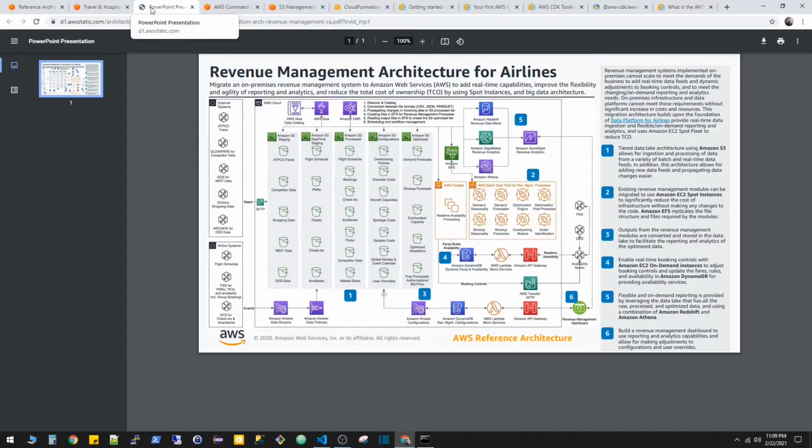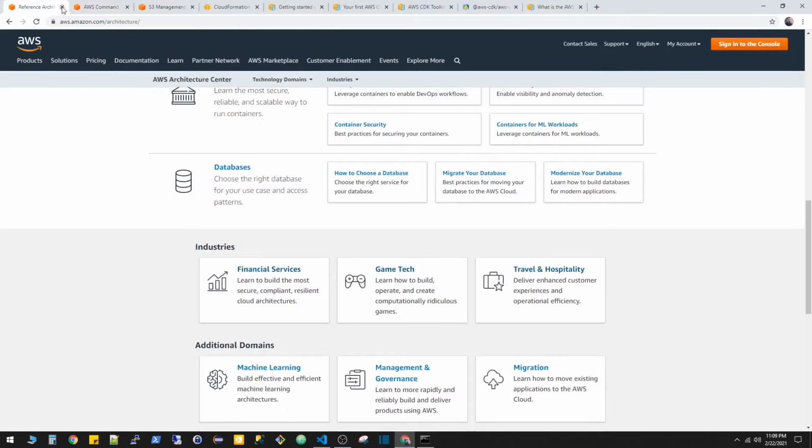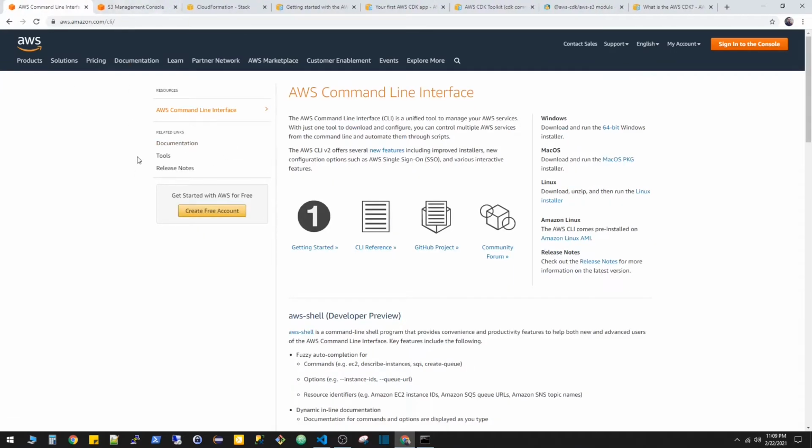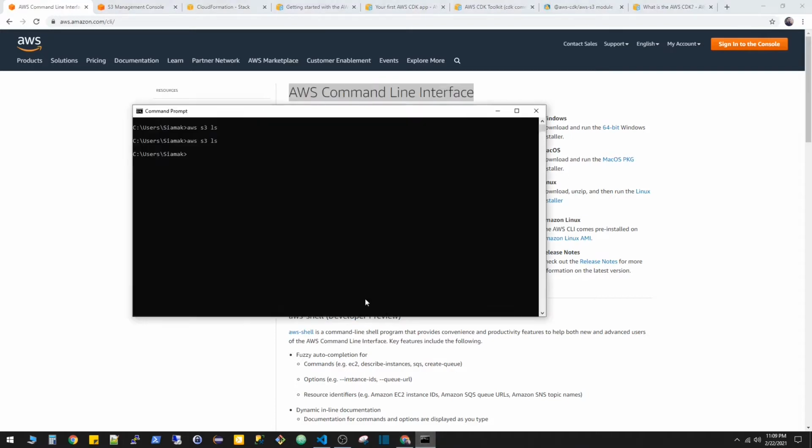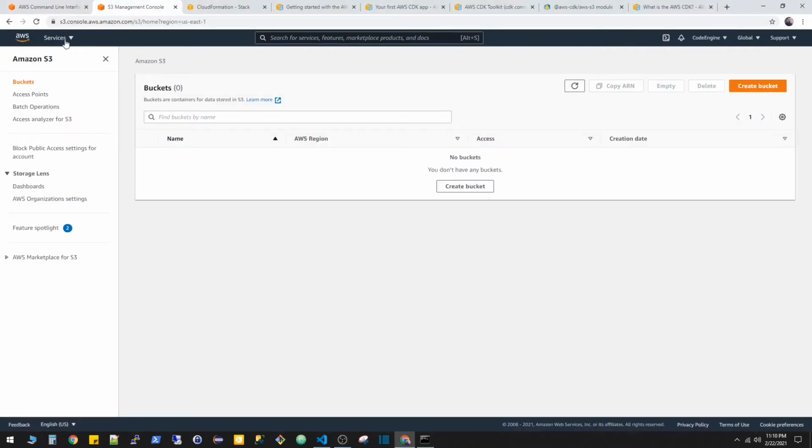Cool. So now we understand that we definitely need to have a solid tool in order to deploy our resources to cloud environment. Before we actually start doing hands-on experience, I want you guys to make sure you have AWS CLI downloaded, interface installed on your machine, meaning when you go right here, you can open a command prompt. And you can do AWS configure after installing your CLI. And once you do AWS configure, this is going to ask you to enter your IAM secret key